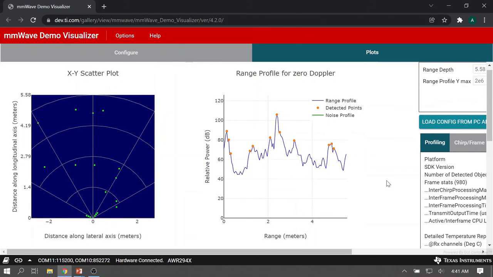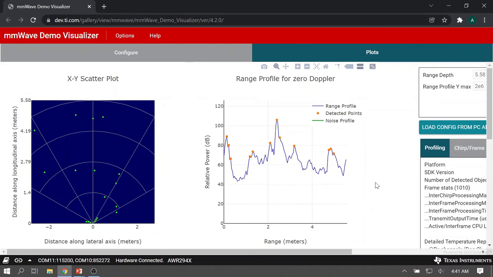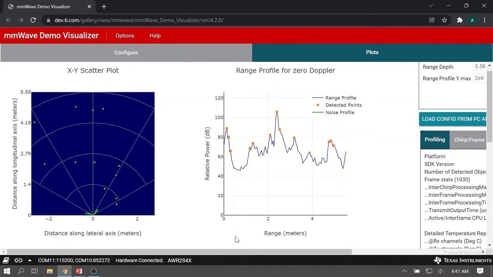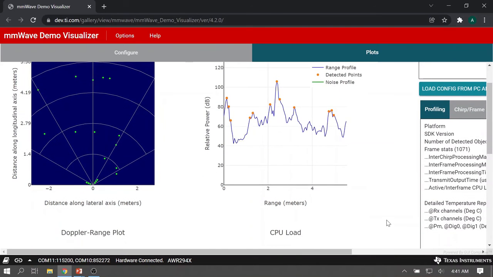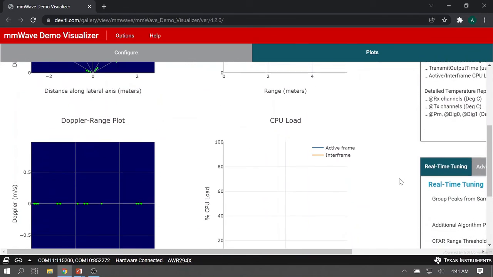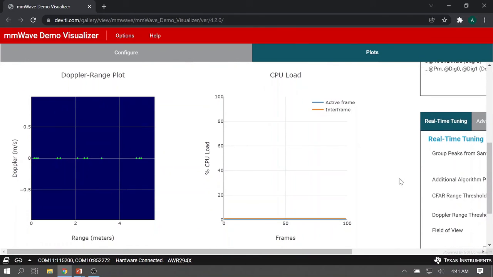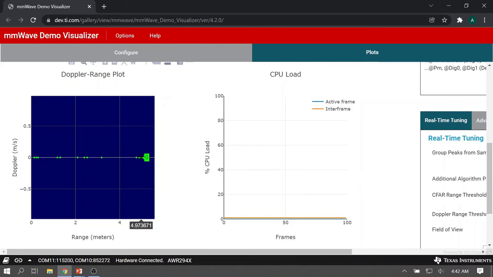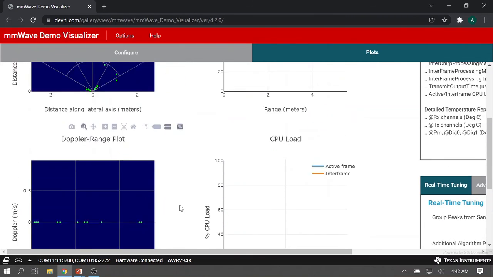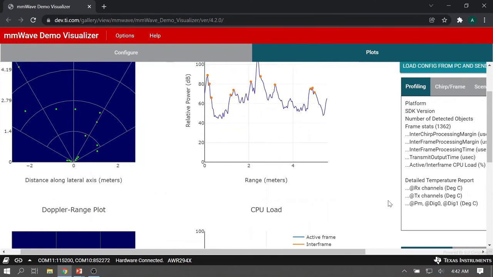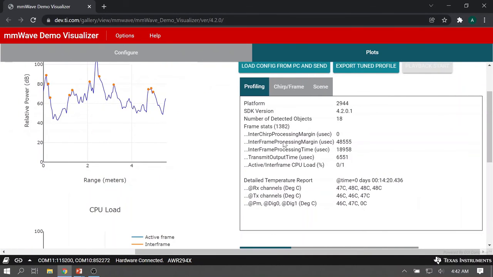I see a range profile plot that has the relative power available at different ranges of detections. At the bottom, I have a Doppler range plot, which plots all the detections in range versus Doppler. And finally, the out-of-box demo also outputs some statistics, so you can see the frame numbers here and the different temperatures here.